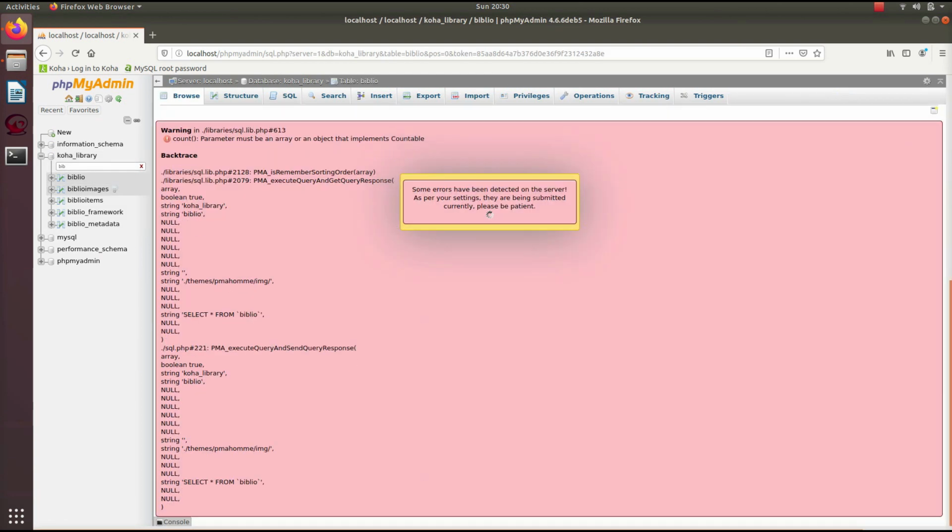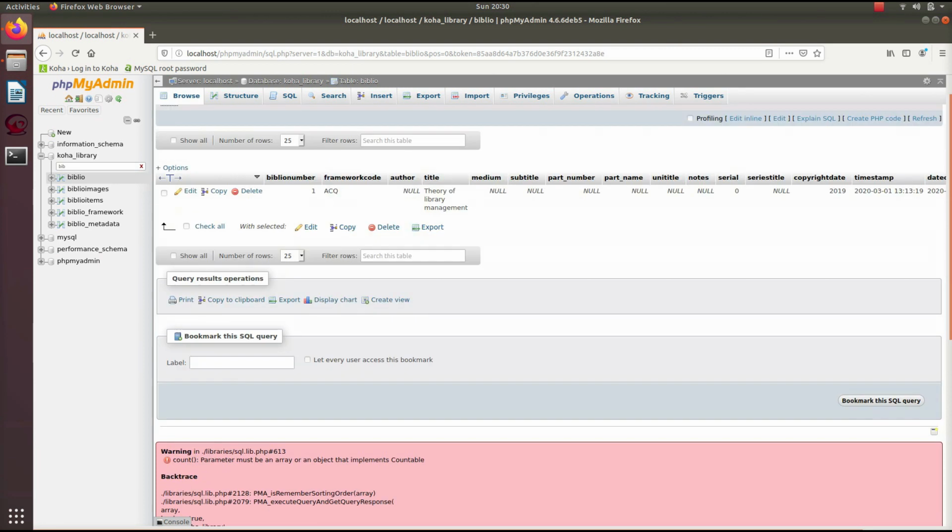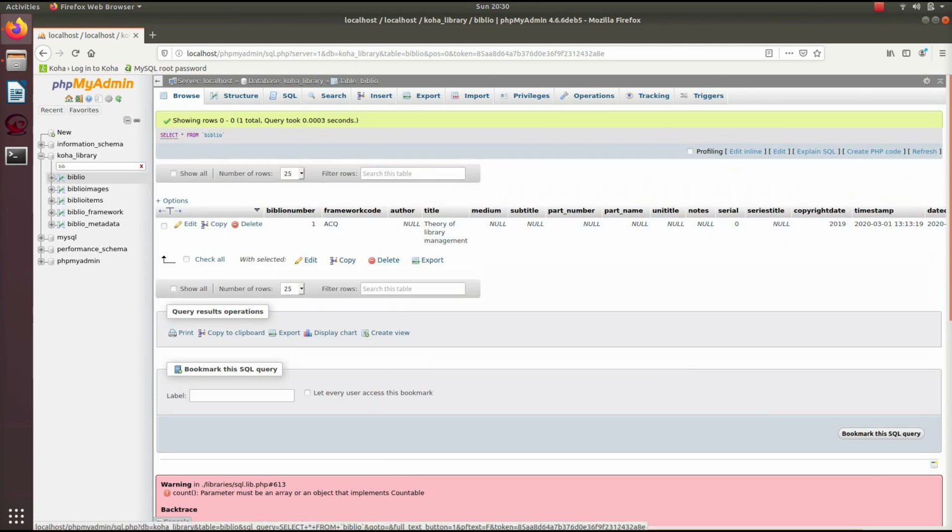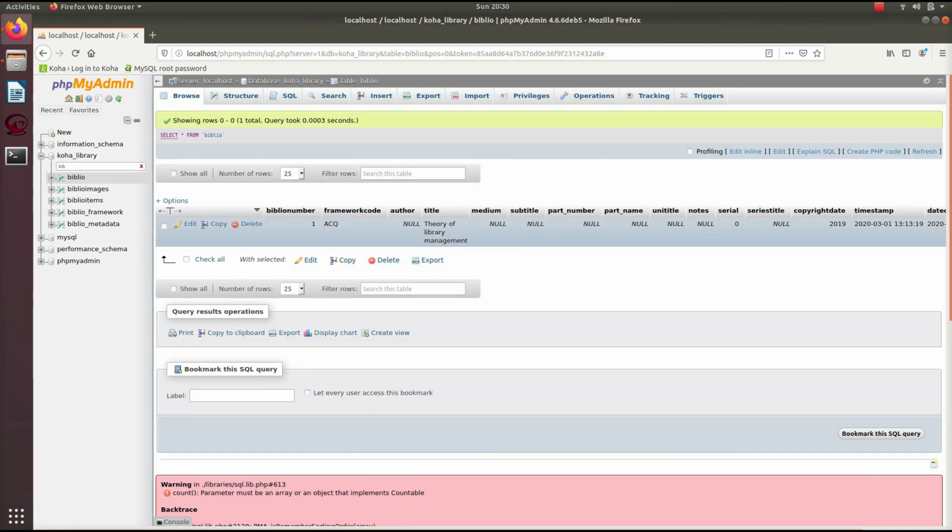So suppose I am having some problem in this table. You can see that these are the fields, and I assume that this biblio number, generated ID 1, is the ID which is creating problems and not allowing me to return the book. So I just select this, and I click on delete.